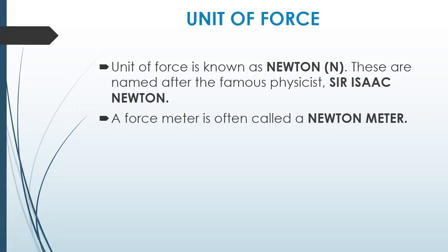Then we discussed how a force can change the speed of an object. We took the example of a bicycle, that when a greater force is applied on the pedals, the bicycle moves with a higher speed, which means that force can cause an increase in the speed of an object. In the same way, the force can be exerted to reduce the speed of the object. So this is what we have learned today. I hope that you have understood all this, and if there is any question, definitely